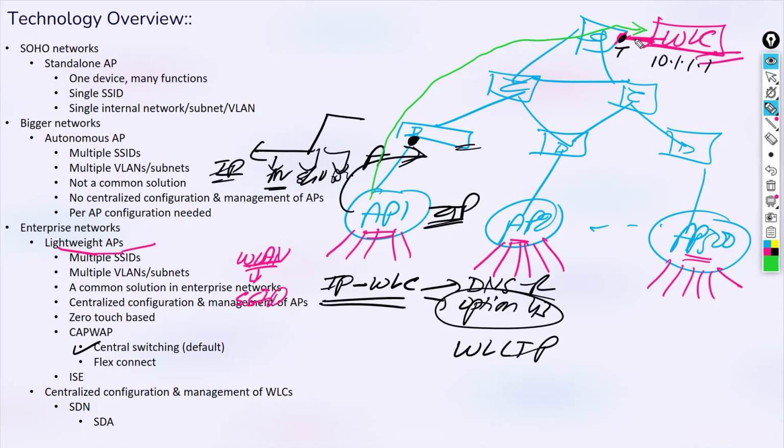That is a detailed, interesting topic. We'll get there and we'll see that if everything is good, then this AP will be registered on the WLC, and that will happen for all the APs. So this WLC will have a list of all the APs, right?